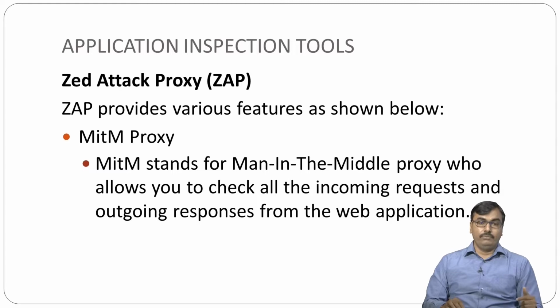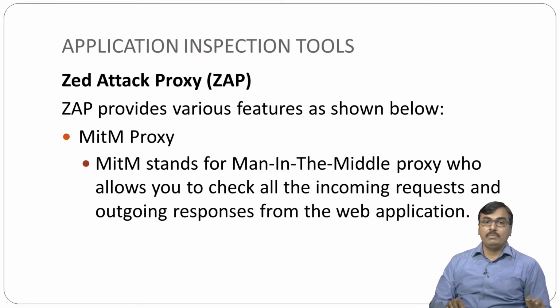While the client wants to communicate with some other node, at the same time the MITM proxy is in between these two nodes. It will get the responses from the sender as well as the receiver. So MITM, man in the middle proxy, allows you to check all the incoming requests and outgoing responses